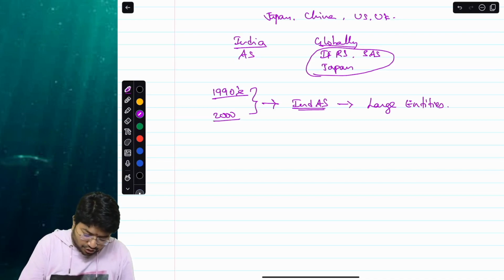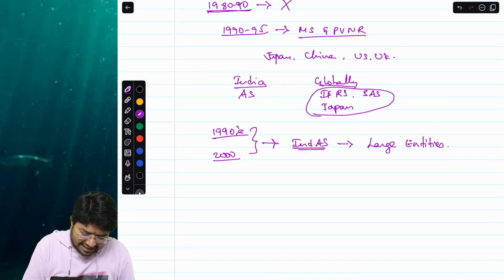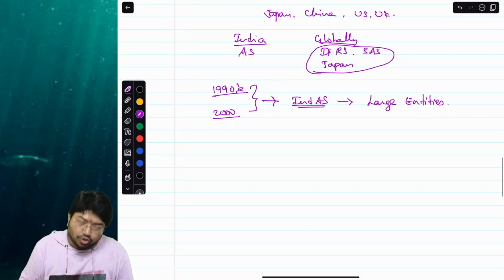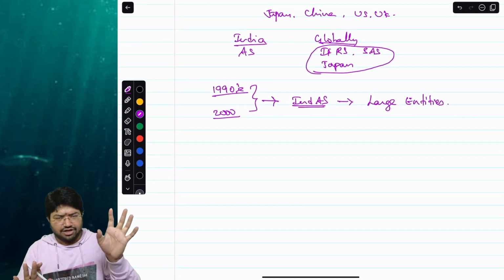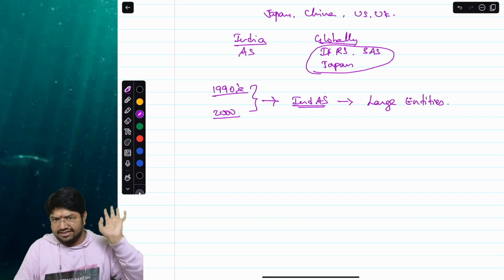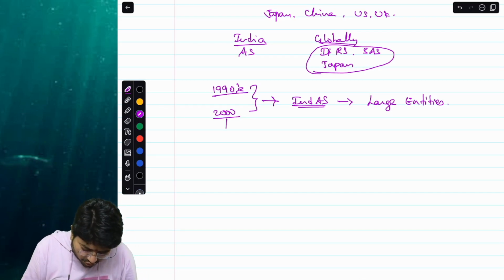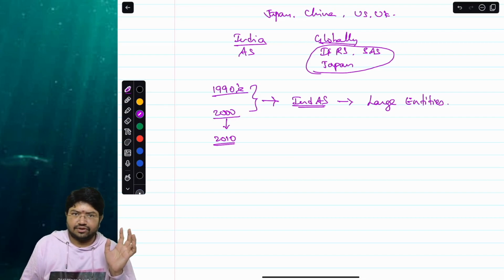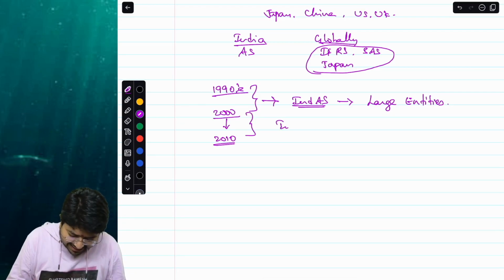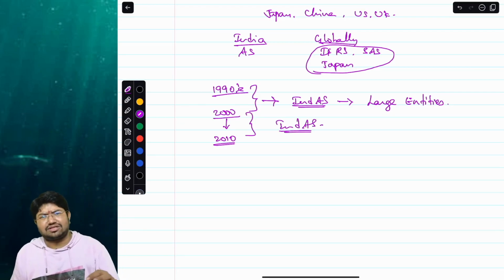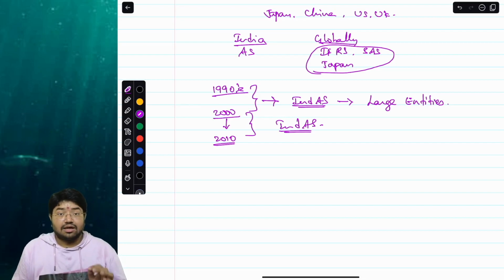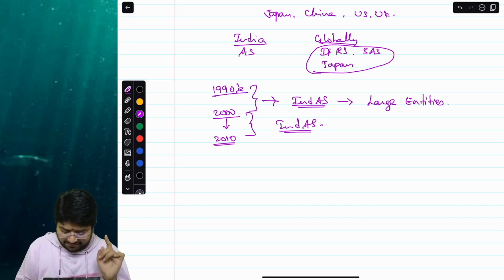So I am taking you through year wise. Initially, in the 80s to 90s, there was no separate set of standards. Then discussions happened. By 2000 they understood that there is a need for a new set of accounting standards for large entities. From 2000 to 2010, ICAI, in alignment with MCA, the Ministry of Corporate Affairs, came up with this Ind AS. By 2010, the standards were formulated. They were made available for implementation.